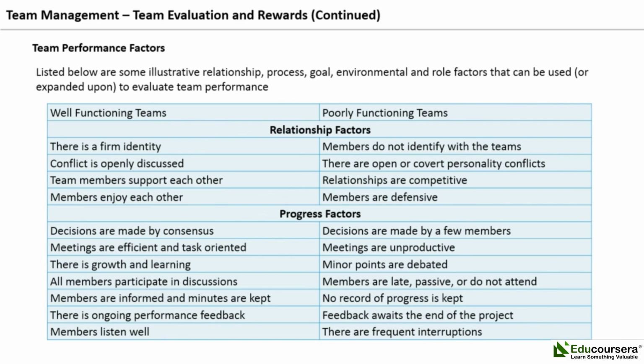For a poorly functioning team, the negatives for relationship factors are: members do not identify with the team, there are open or covert personality conflicts, relationships are competitive, and members are defensive. The process factors for a well-functioning team are: